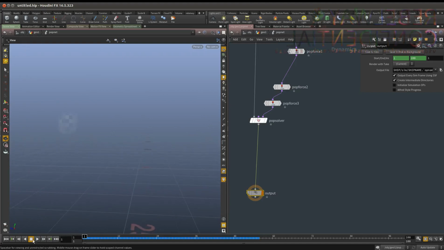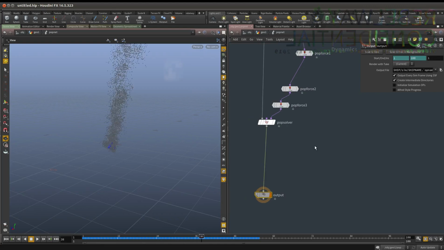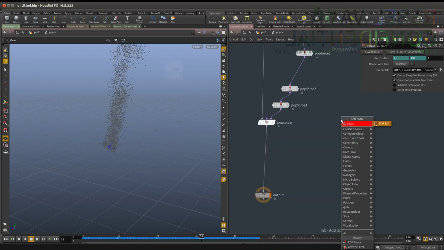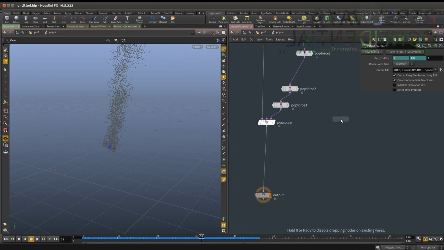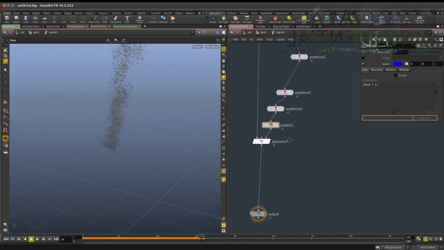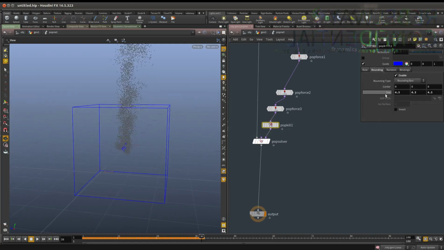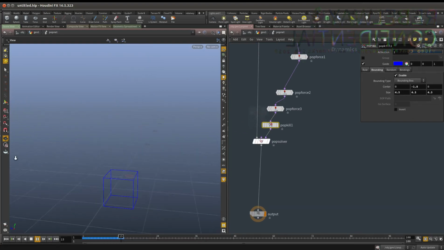Okay, so what I'm going to do is have the particles, as they get here, I want them to die. I don't want them to fall down or anything. So I'm going to create a pop kill node. I'm going to turn on bounding box, and let's scale this up a bit, and let's move it down. Something like that. Let's hit play. And the idea is once this hits the ground, it's gonna